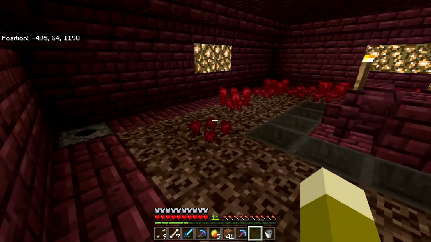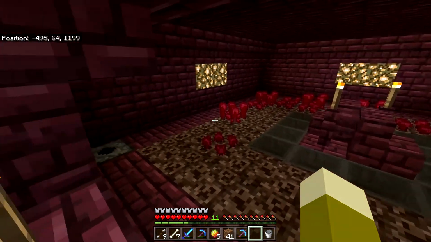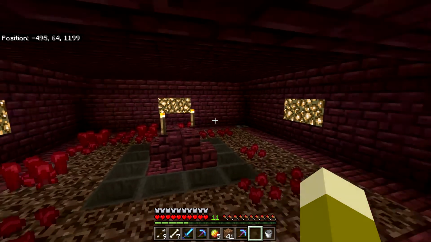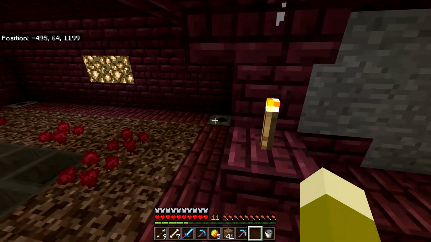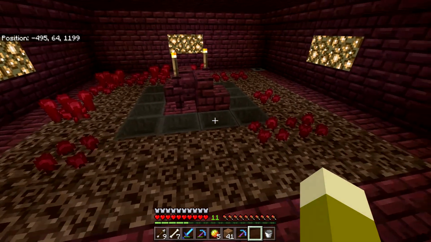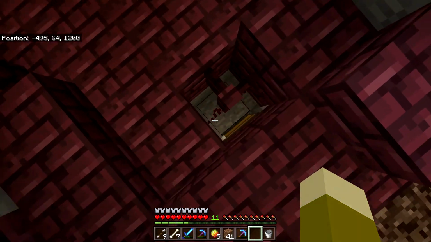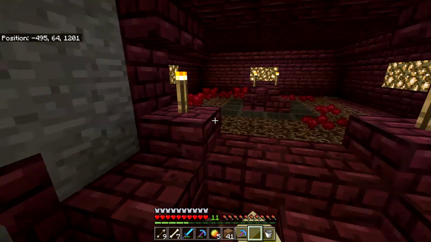So what we have here is my nether wart farm. It's a basic 9 by 9 room with 4 dispensers in the corner, which are going to dispense the water, push all my nether wart into the center hoppers, and then drop them down into the chest. So to give a brief demonstration,